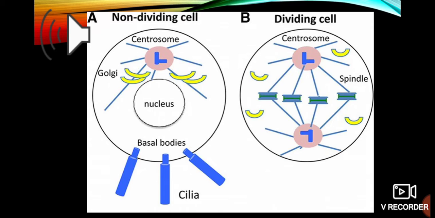If we talk about the functions of the centrosome, we can say that it plays a very important role during cell division. What does it do? Look at the second picture of the dividing cell. You can see the number of centrosomes has become two, one at the top of the nucleus and another at the bottom. When the cell starts dividing, the centrosome divides itself.